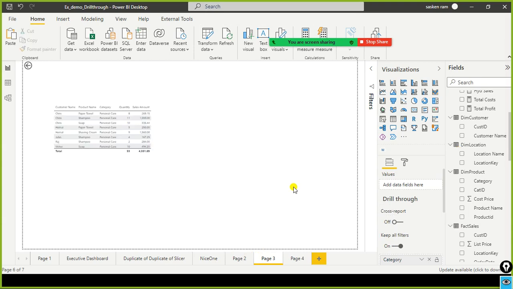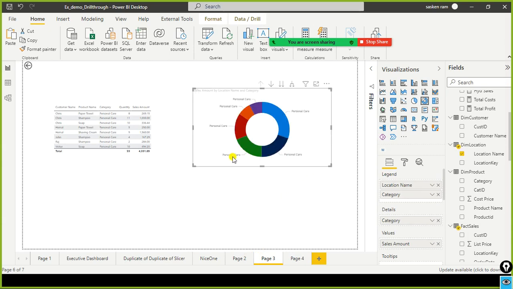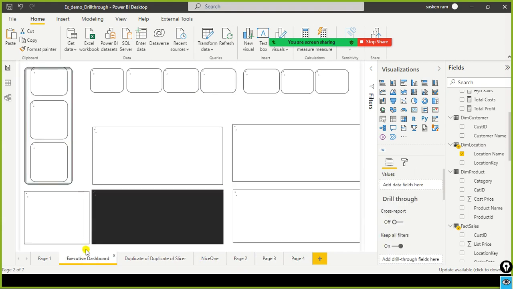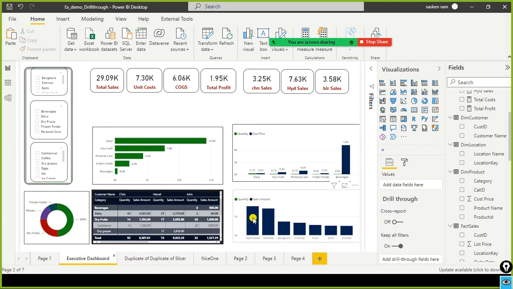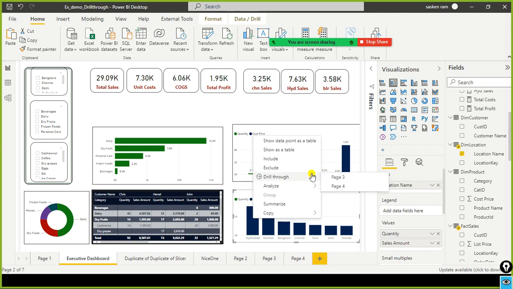When you do drill through, it will ask whether you want to drill through to page 3 or page 4. So for location, we have two pages, page 3 and page 4, isn't it?